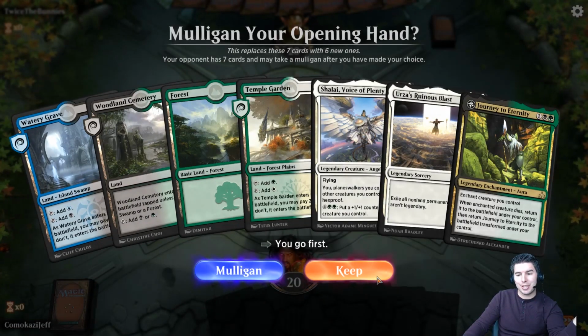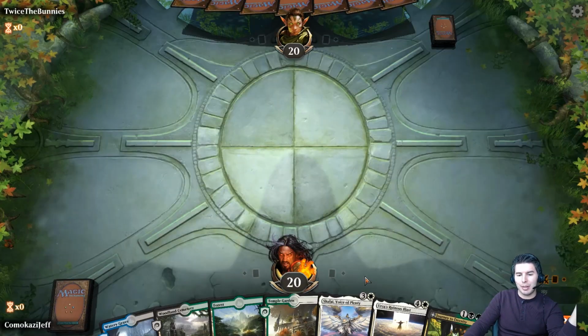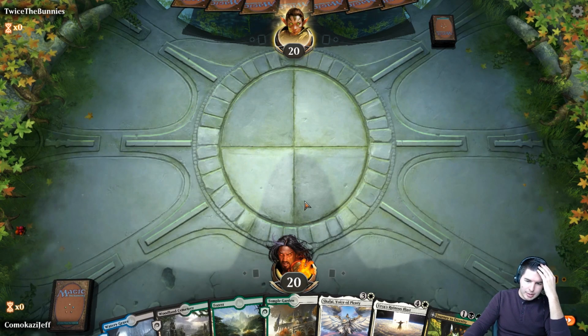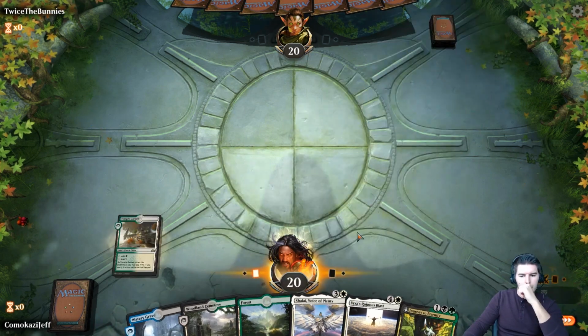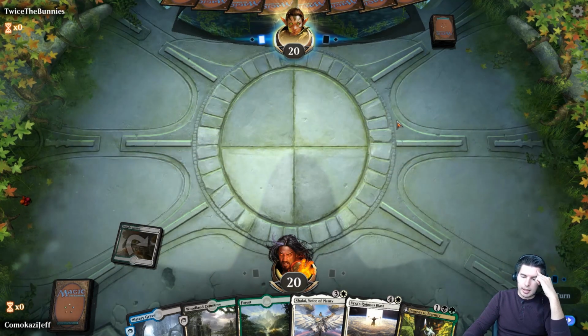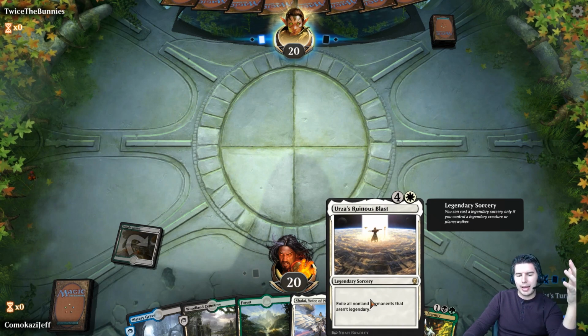our lands. This is the first time. And Shalai, I actually am loving this hand. I would not mind some removal and some stuff like that, but 2 tap lands with all of our colors that we want. Yep, tapped. And this is the kind of hand that I think we want as our opening hand. Having an Urza's Ruinous Blast to play